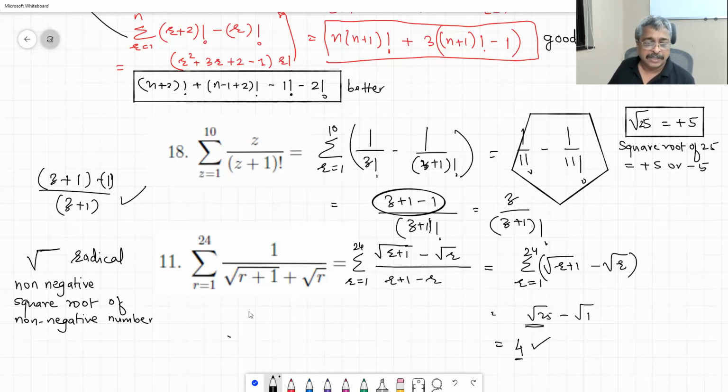And the other reason is, if you just keep on writing all these numbers one by one, the first number will be 1 upon root 2 plus root 1. So it's a positive number. Plus 1 upon root 3 plus root 2. This is a positive number. There is no reason why the summation of all positive numbers will become negative. And that is another reason why the answer 4 is correct and -6 is not correct. But it was a very good question, Anaga.